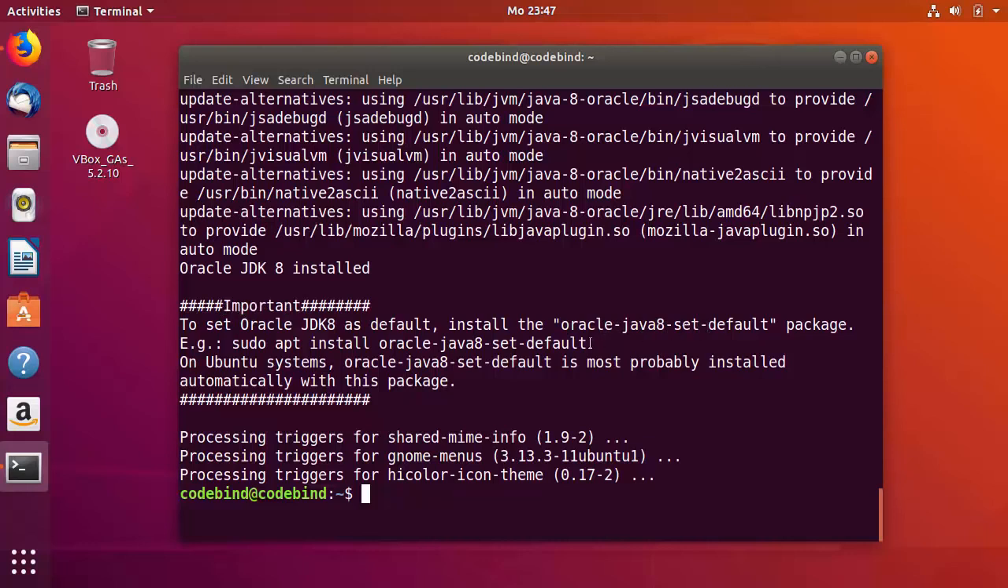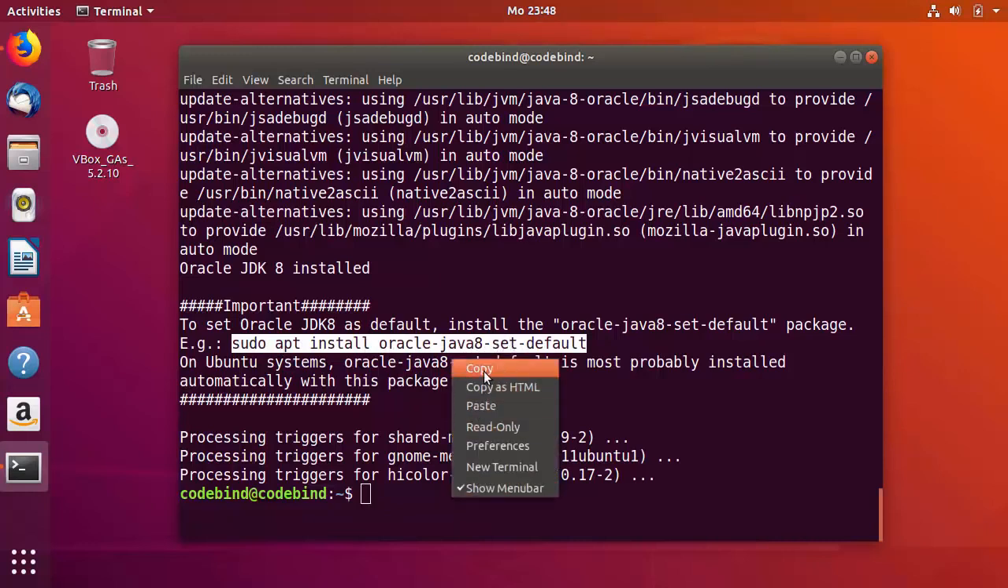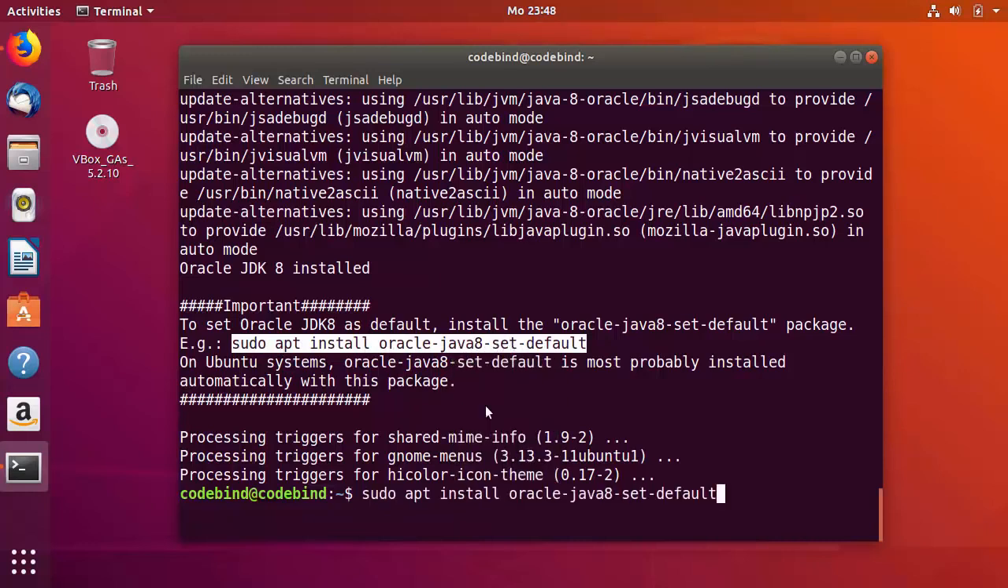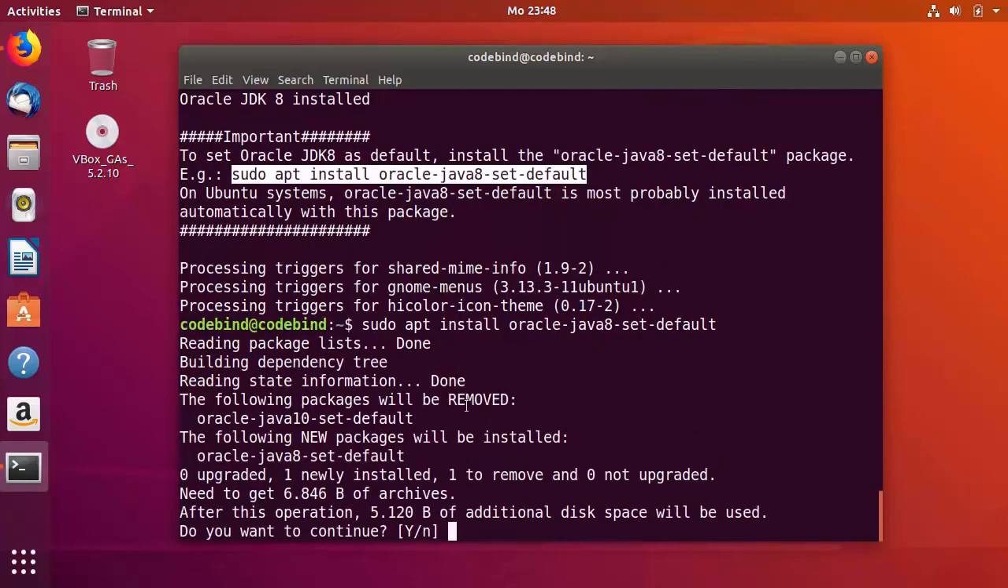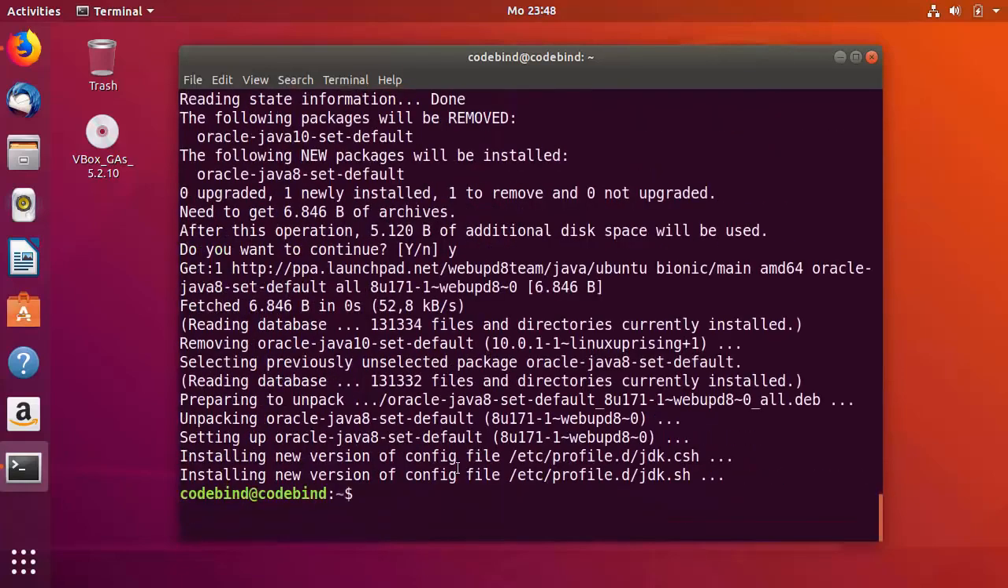So we are going to run this command which is given in the example, which is this one. So I'm going to just copy this command in order to set Java 8 as the default Java version. So just copy this command, which is sudo apt install oracle-java8-set-default, and paste onto your terminal, and then press enter, and then press Y. And once this command is finished, we are going to check the